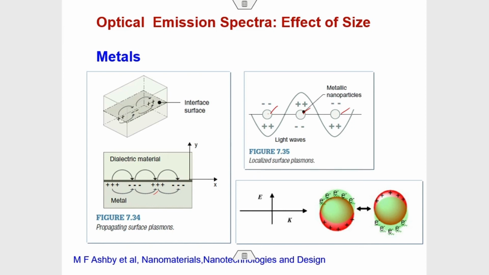So, that means we can create different kinds of structures to induce surface plasmons. Not only the size, but also the shape, geometry, and roughness of surfaces can be altered